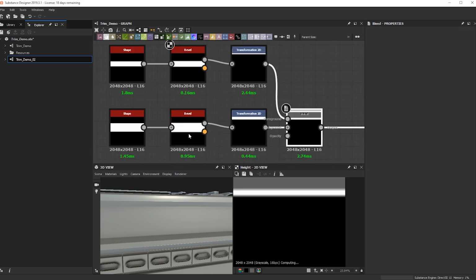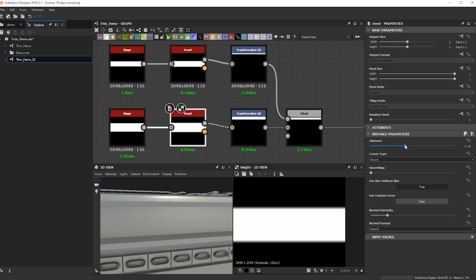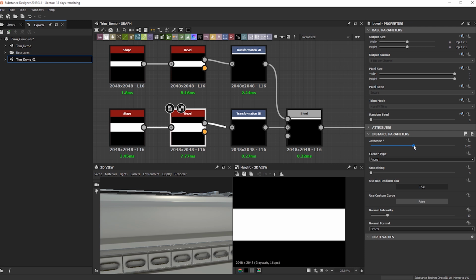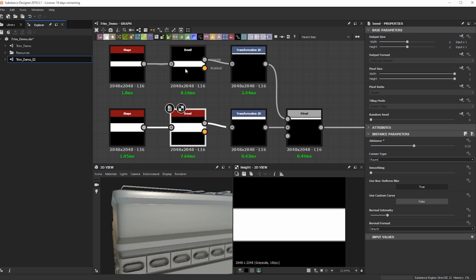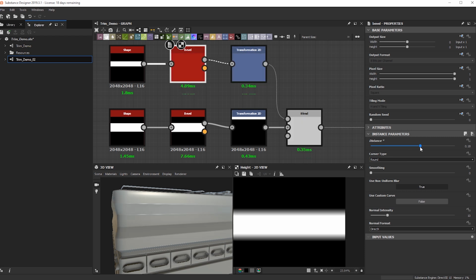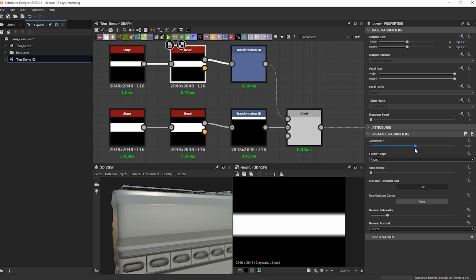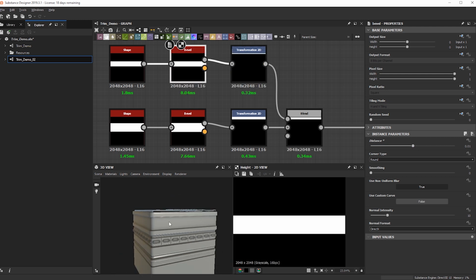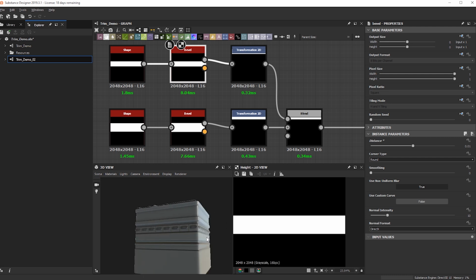So let's go back into here and maybe we can mess with the distance here. Something that's a little bit tighter. I think that's pretty good. And then same thing with this guy. As we're bringing down the distance, you can pretty much see it live, what's happening here. Like that's pretty good. Okay, cool.